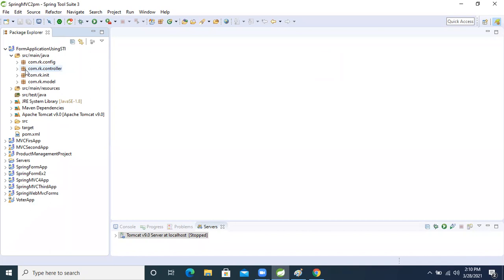Whatever work you do day to day in the company, those things I will implement in this application. If you start real-time work, you will realize, oh, I worked on this in the mini project. So don't worry, let's be patient.